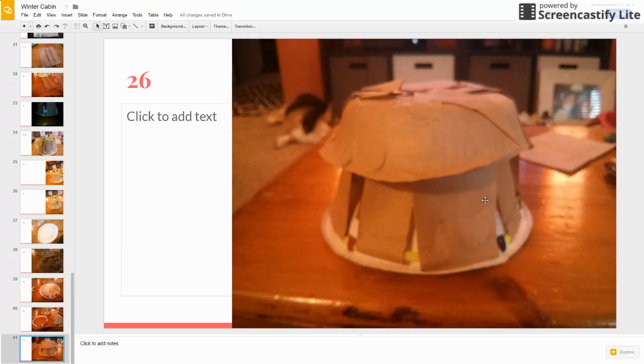Other things that we're going to do is we have to make an entrance, and we'll do that with the residual brown paper bag as soon as I figure out an effective way that will hold up, because each time I do it, it falls apart. Maybe we can figure that out together in class. But we are going to need to make some type of entrance into this,